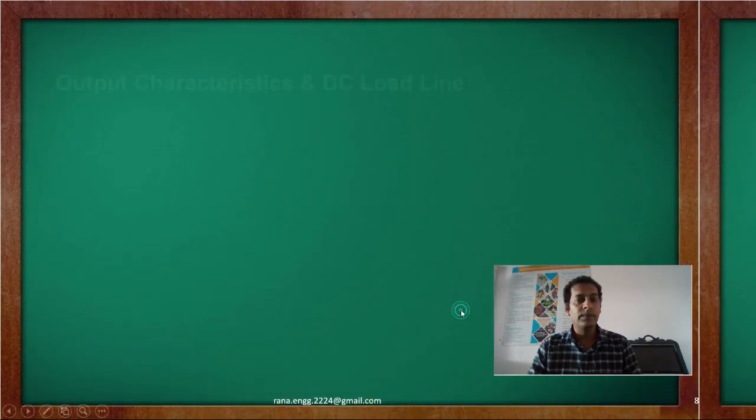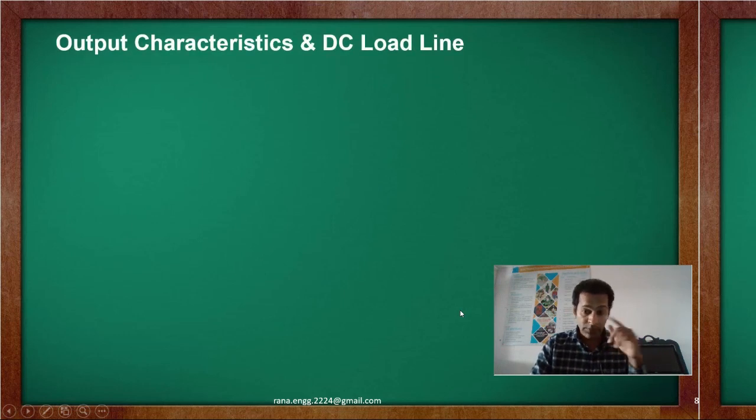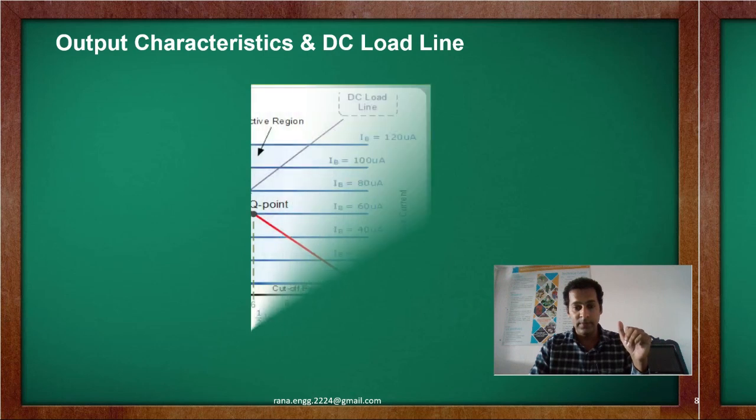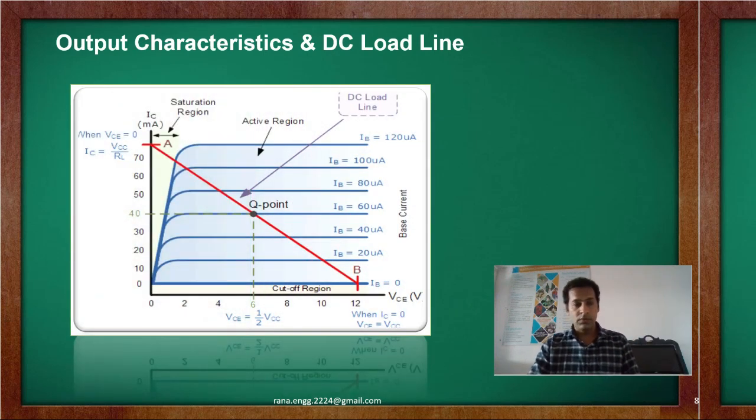Now we will move back to our discussion on the DC load line. Before that, we will have a flash about the characteristic. The characteristic graph is similar, and for all the configurations you have to draw it like this. We have discussed it. Now what is the DC load line? The DC load line is the line we draw on the characteristic graph. The output graph is most commonly between voltage and current. You have to remember, the vertical axis is for current, the horizontal axis is for voltage. Why do we keep remembering it? Because in an examination, if you draw voltage on the vertical axis and current on the horizontal axis, your answer will be wrong.